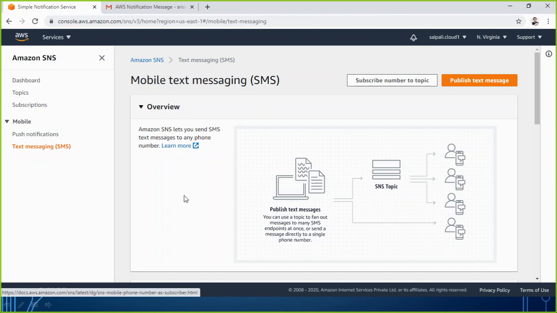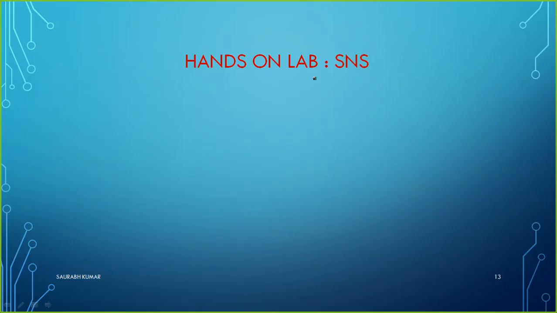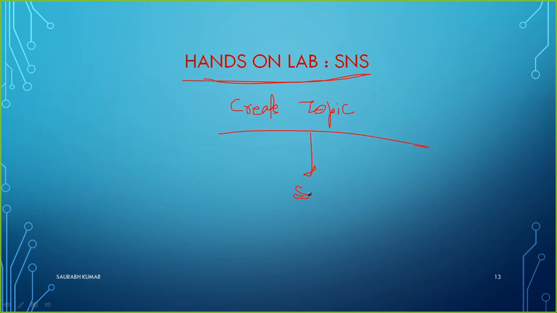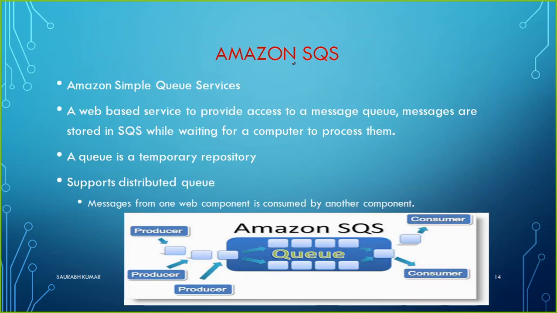So now we are going to move to the next topic, because we are done with the hands-on lab with SNS where we have seen how we can create a topic. So we have done the first task, that is create a topic related to whatever on which basis you want to receive the notification. In the topic you can go for the subscription, and here you can subscribe to your email address, you can subscribe to your SMS, you can subscribe to SQS also. All things are possible. So let's now talk about the next topic for today's lesson, that is SQS.